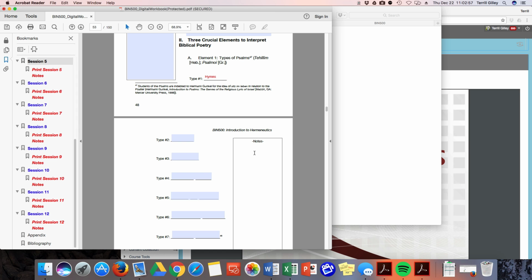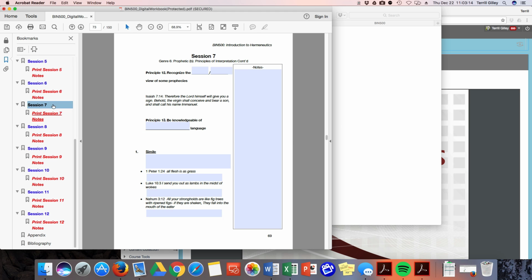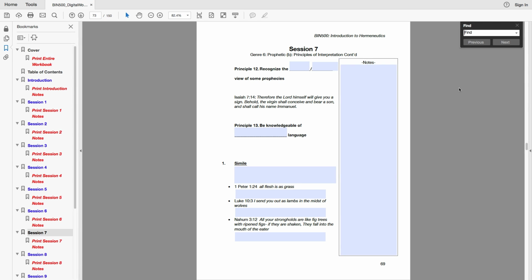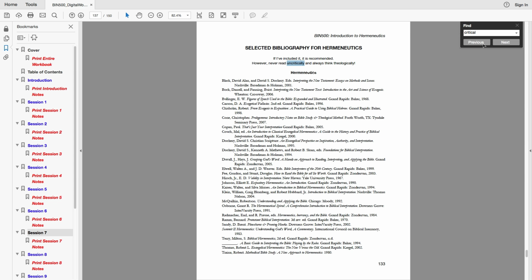Sometimes you'll notice that there is really a piece of critical information that you had in one of your sessions, and let's say you come into this and you can't remember where that piece of critical information was. And of course on a Mac it's Command F, but on a PC it's Control F, and it brings up a box that says Find. Let's make this full screen so we can catch all of it. We're just going to type in the word we're looking for, and it was something critical, I remember. So let's type the word critical and hit enter,